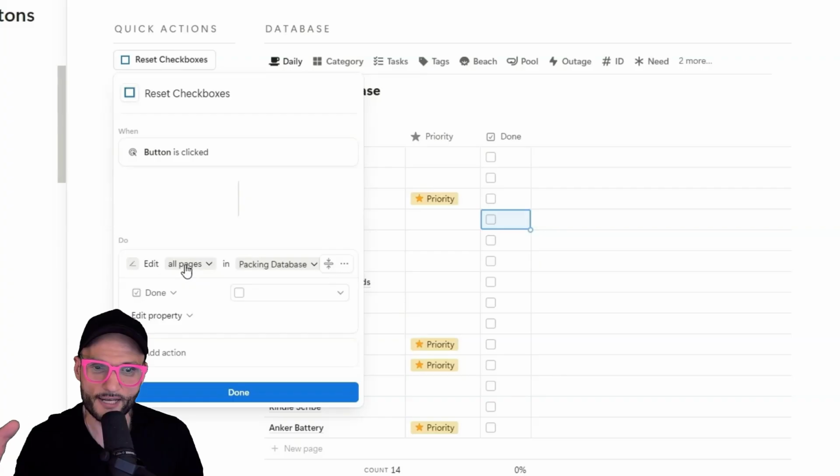I'm actually able to edit all or a filtered selection of pages in a specific database, and they don't have to be on the same page. It could be a database anywhere. So in this case, all that I have it set to is for all pages in this database, change done